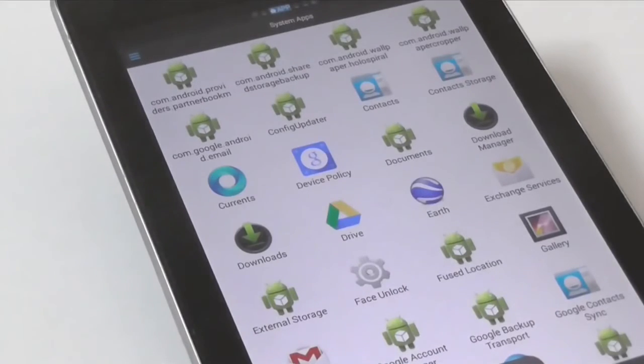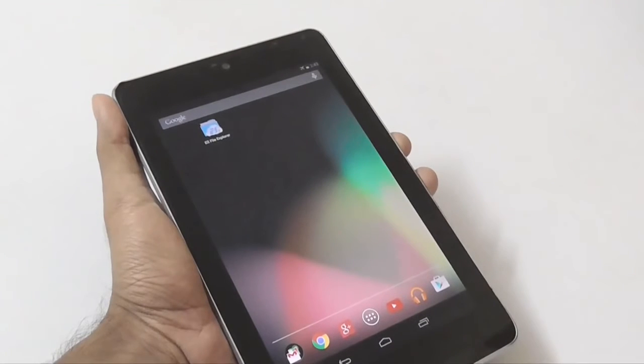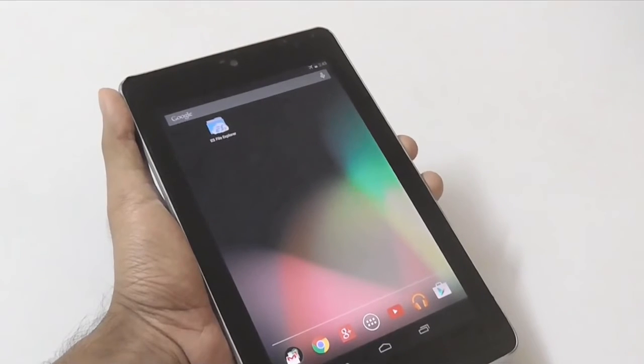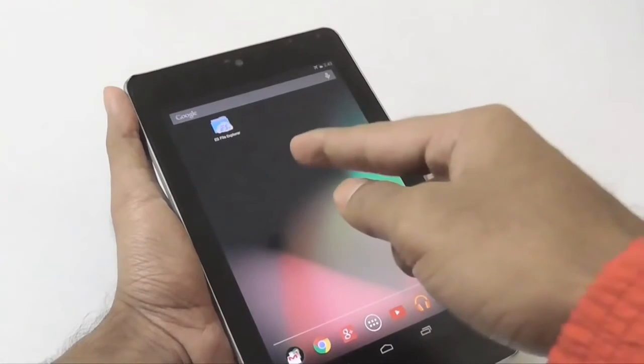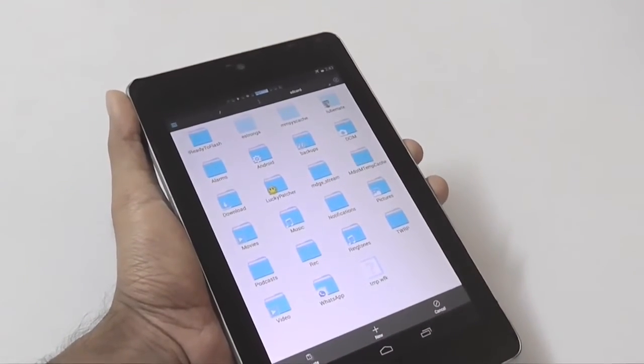Once we go back to the apps, there will be no email app now. Tip number 8 is just the opposite of what we did in the previous step, that is installing any app as a system app. There are some applications that can only work when they are installed as a system app, and if you look at Google Play, you will find that there are many apps that can do that. But again, you don't need to install any third-party application when you have ES File Manager for that. So let's take a look at how to do that.